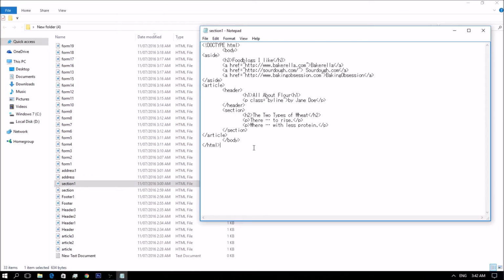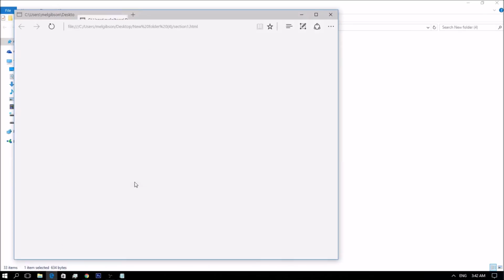The aside element can be used to mark up content which is relevant to your page as a whole, containing blog rolls, additional navigation, even ads. And when this is the scope of your aside element, it has to be placed outside of the article section. So this is the example.